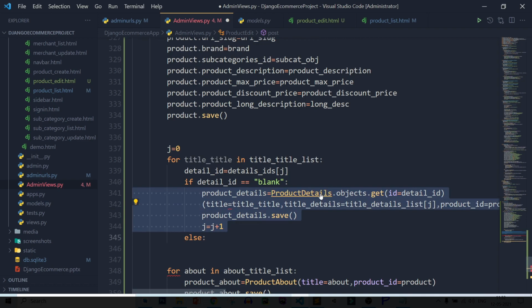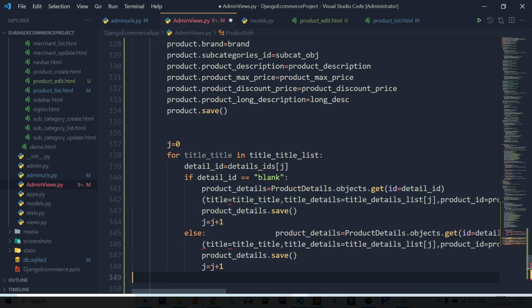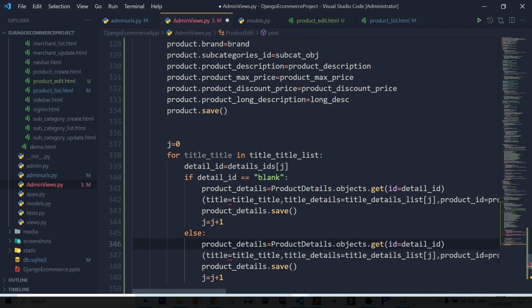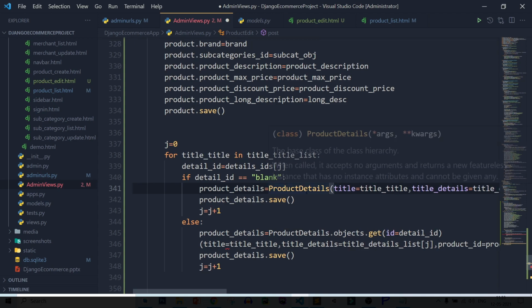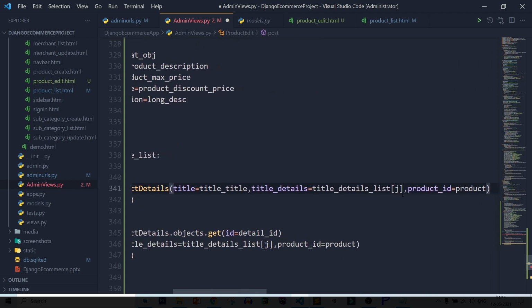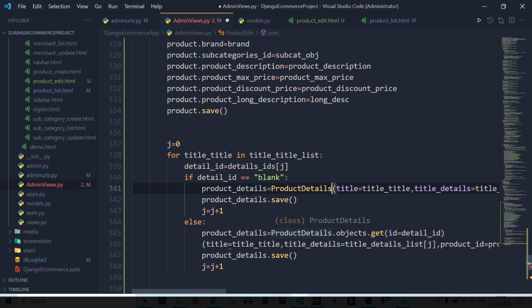So copy this code, paste it also here. So if it is blank, then create the data. So remove it. So I will create the new details when detail ID is blank, and I will update the data when detail ID is not blank.